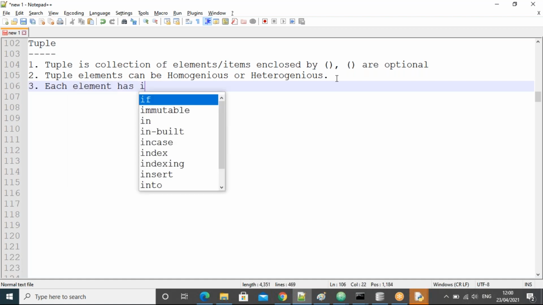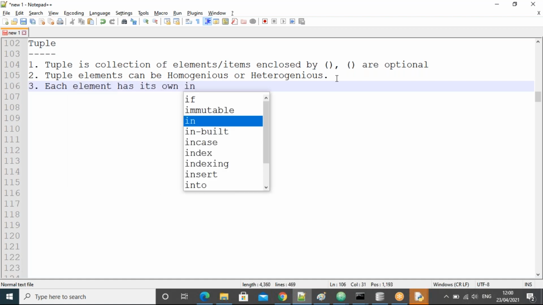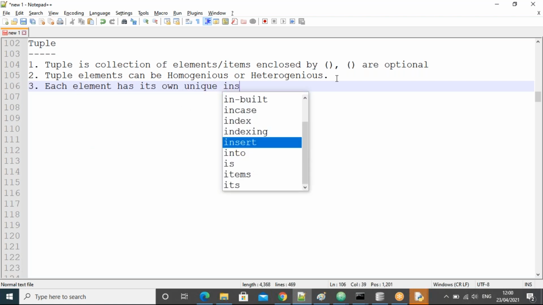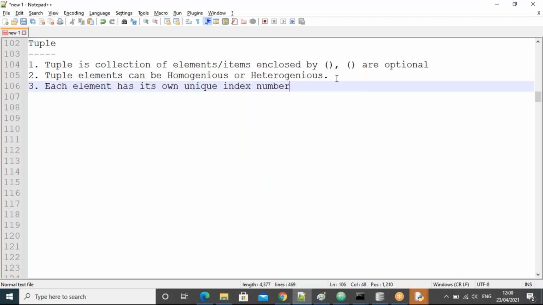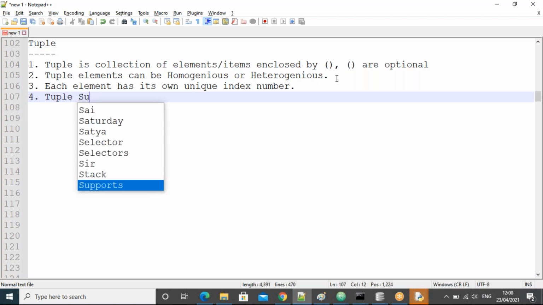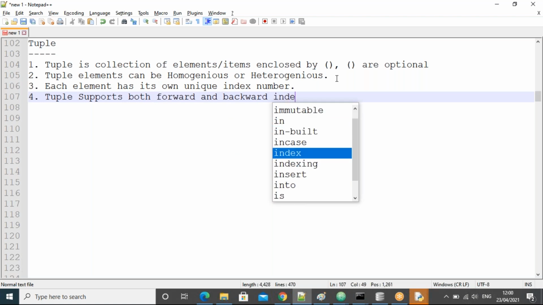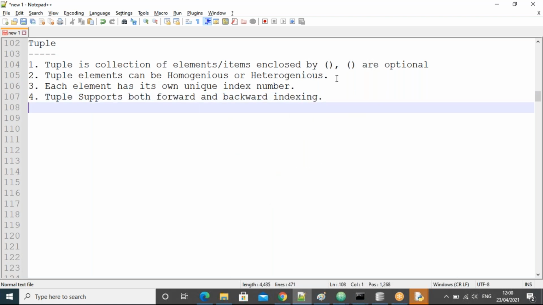The third one: each element has its own, you can say unique, index number, guys. Next one, tuple supports both forward and backward indexing.